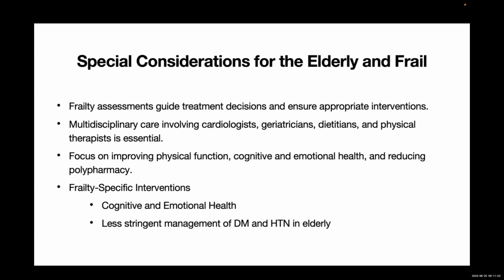Exercise programs tailored to frail individuals, such as those emphasizing balance and strength training, can help them to improve mobility and reduce the risk of falls. Nutritional interventions, such as ensuring adequate protein or calorie intake, help them to prevent muscle wasting and improve the overall health. Medication reviews and de-prescribing protocols can help elderly people to reduce the burden of polypharmacy and minimize the risk